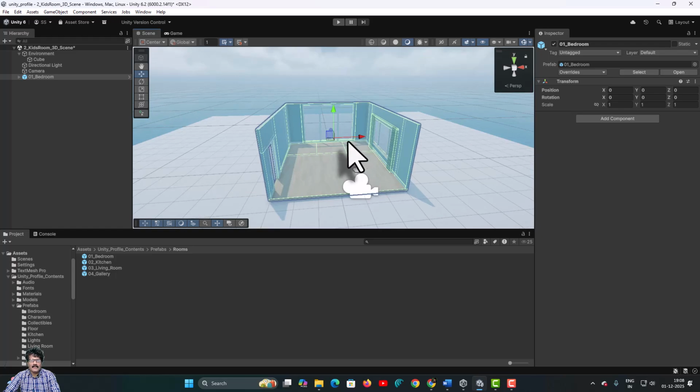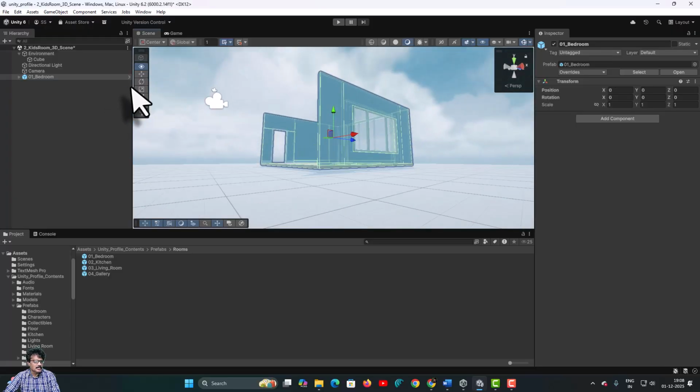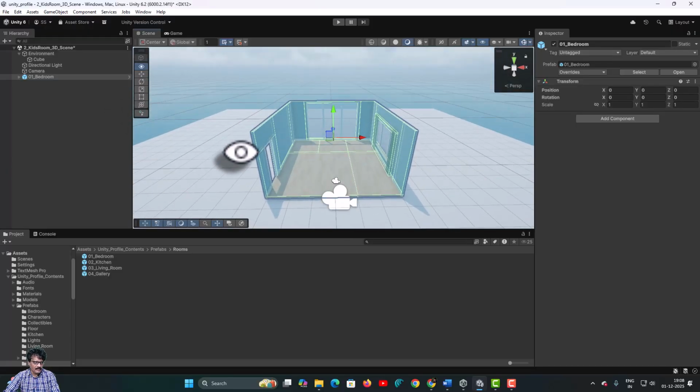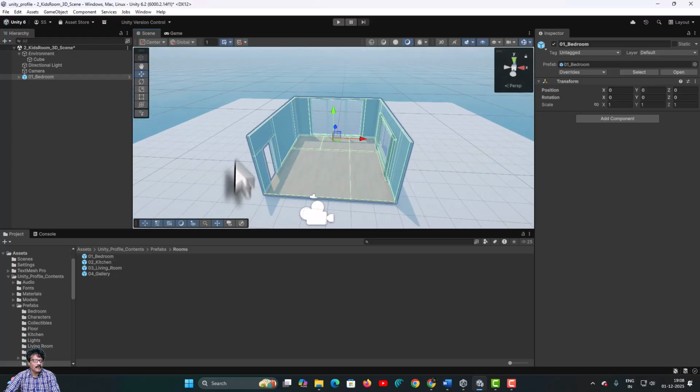Now press F to zoom into this room. Alt left click and turn around and have a look at this prefab. So we have already added a room prefab. Now the next thing is we want to add some furniture into my room, and the very first thing I